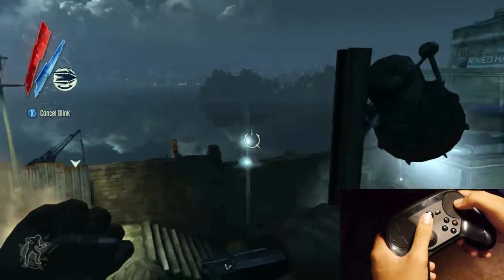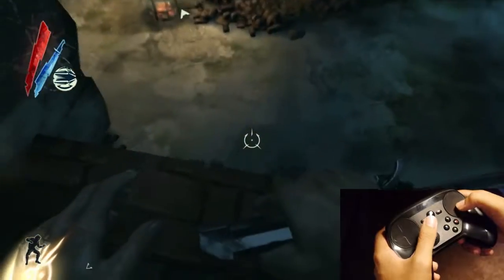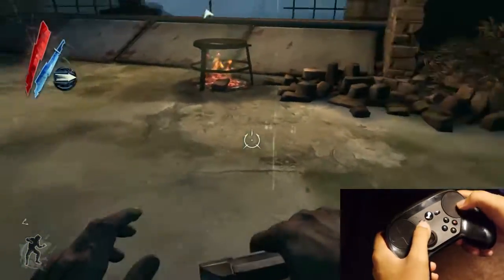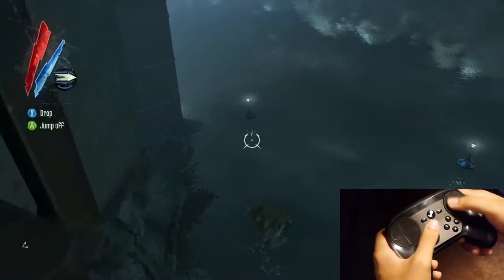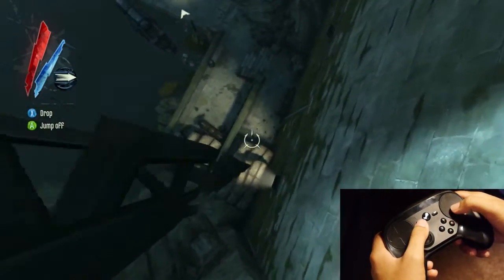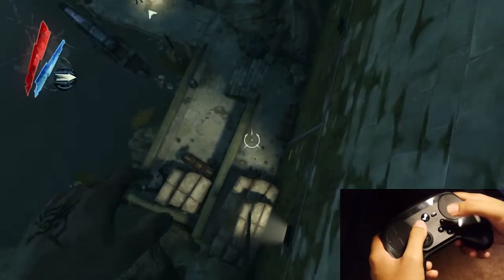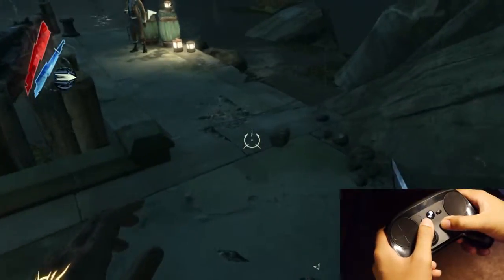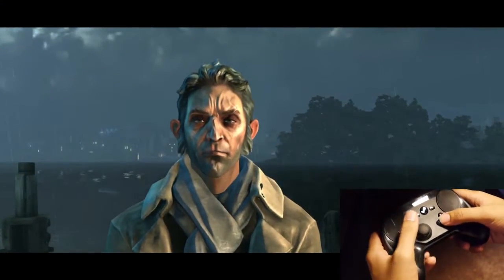Overall thoughts, again, I think the controller works very well with this game. If you've played Dishonored, you know how good it feels. I mean, it feels just about as good as any stealth game on the keyboard and mouse. If you played it on controller, it's also good. I really like this hybrid. I think it works extraordinarily well, and I think if you really wanted to, you should try playing it again with a Steam